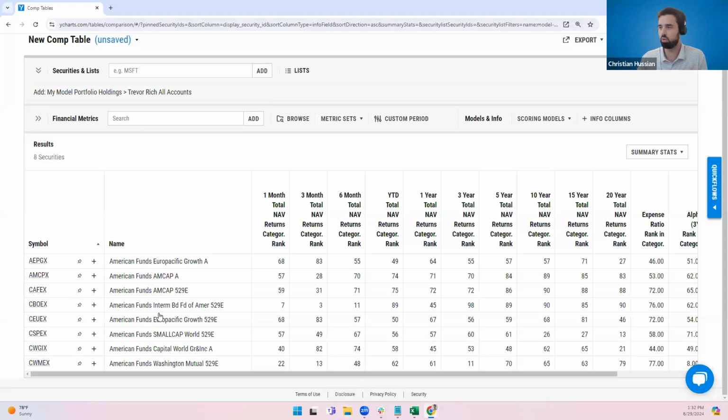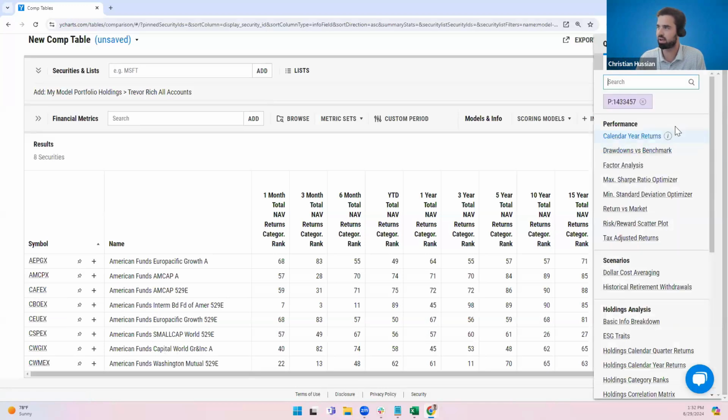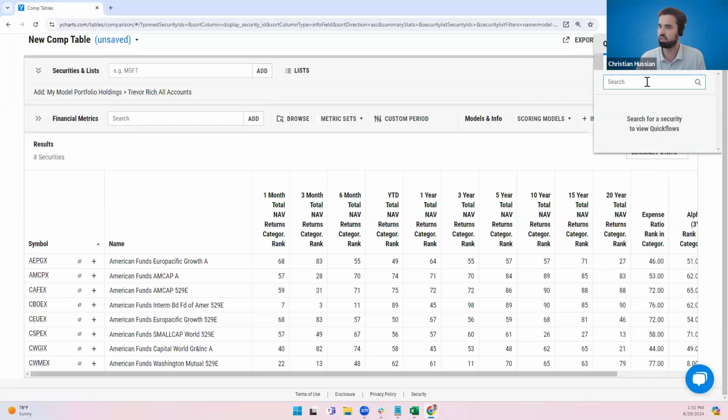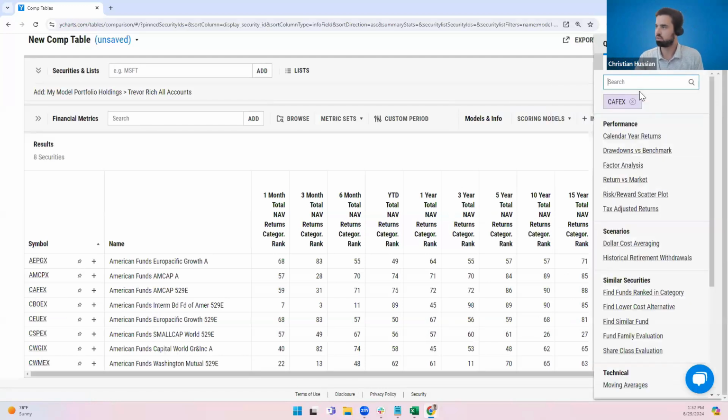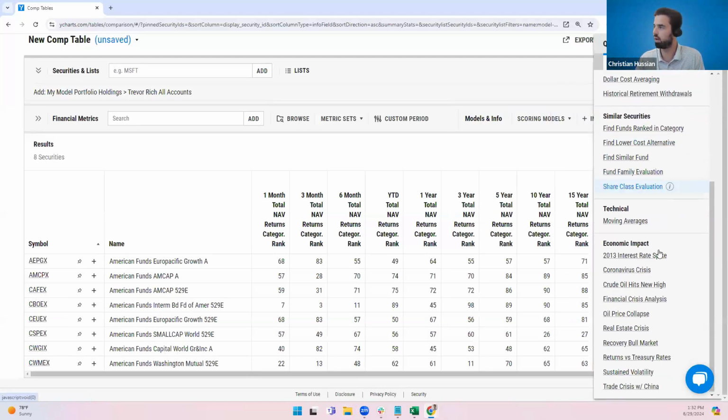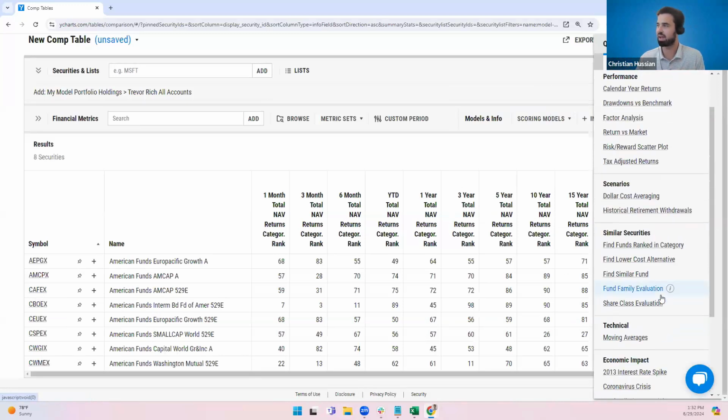One thing we can do once we choose the fund that we are going to look into replacing is we can actually go back into quick flows. So here's the CAFEX fund. If I go back into quick flows here, I'm going to remove this and I'm going to go ahead and type this in. So I typed that fund into our quick flows, and now I have a whole new list of options